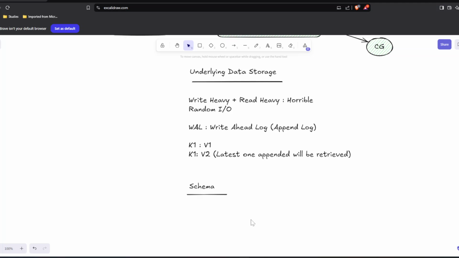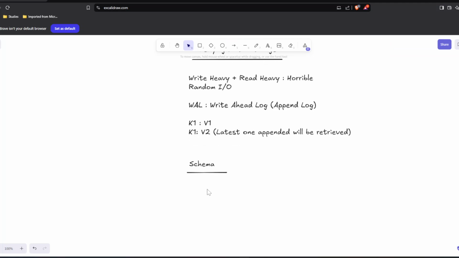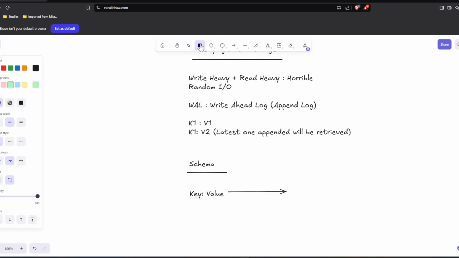Our schema should be a fixed schema sort of thing, and of course it will have a key and a value. These key and value pairs will keep getting inserted into our WAL. So the main